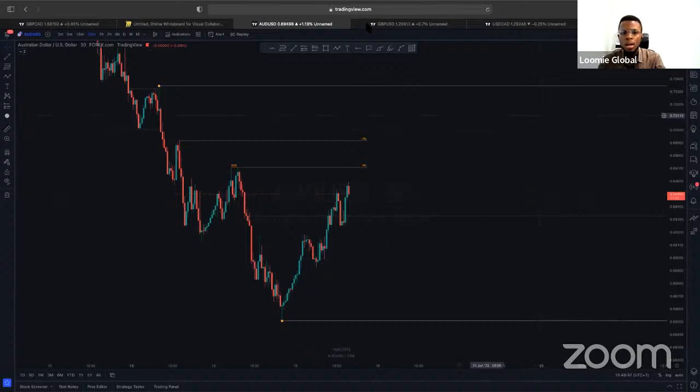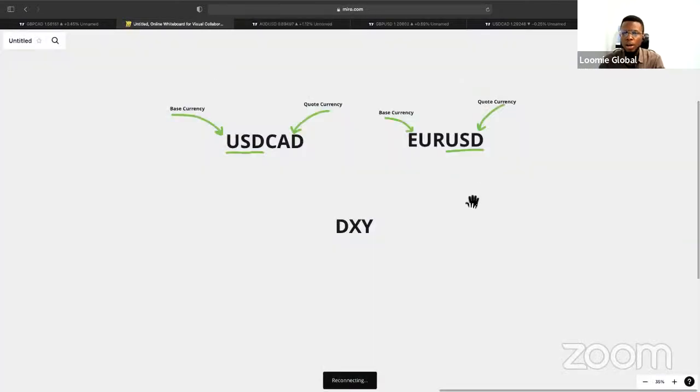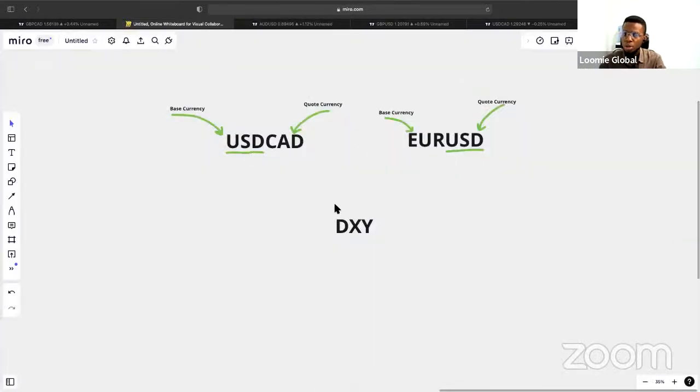Okay, so back to where we were. I was talking about the relationship between DXY and dollar pairs. There is also the JXY, which is the Japanese currency index, but I don't really look at it because I don't really trade JPY pairs. There was a time I used to really enjoy trading them, like USD JPY, AED JPY, GBP JPY, but not as much anymore. So the DXY is directly correlated to